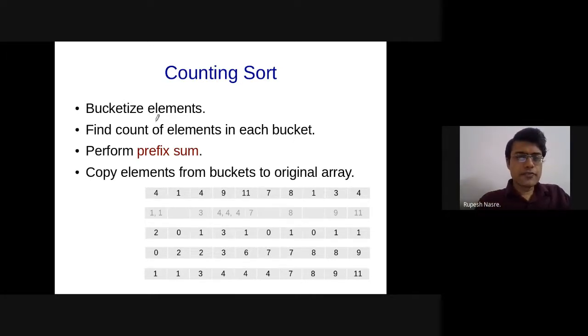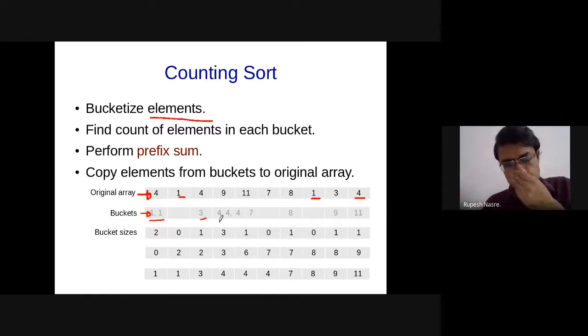So what we do is we essentially bucketize elements using an identity function. Imagine that you are given the original array of elements, and you can see that there are some repetitions. 1 is repeated, 4 is repeated, and so on. And then some elements are not present. So this is going to be essentially the buckets. And so 1 gets hashed here, 3 will get hashed here, and so on. So that is using an identity function.